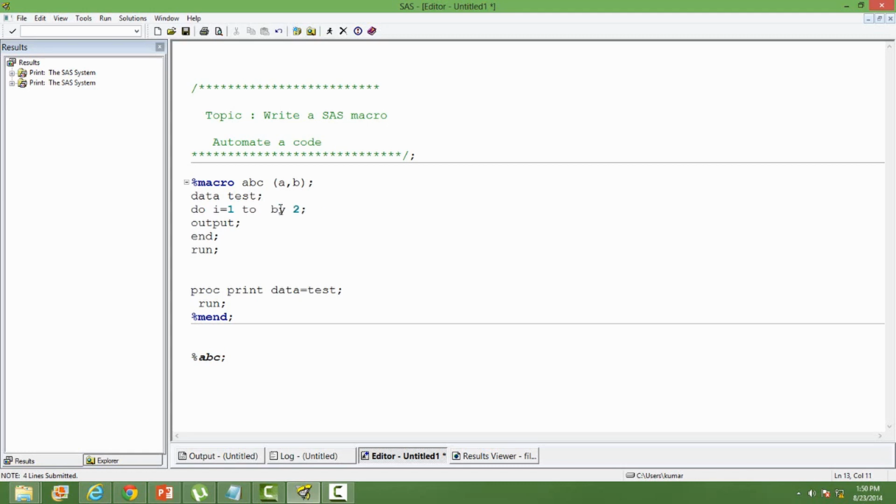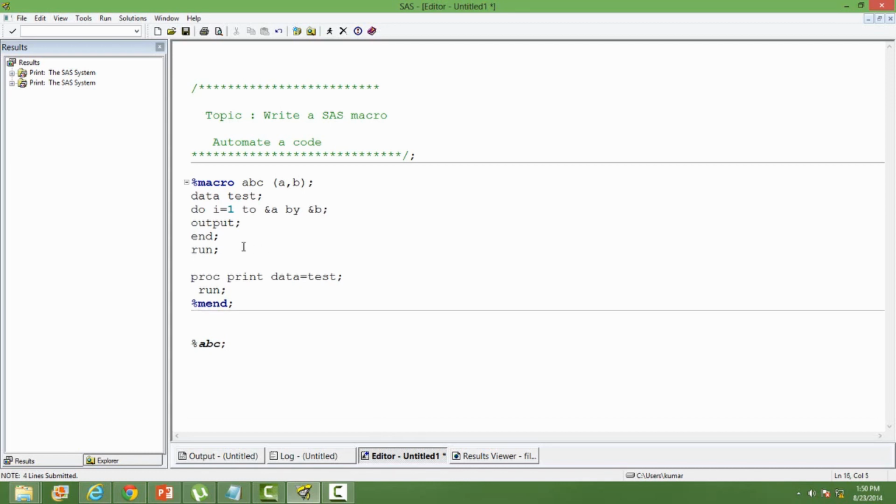When you use it, make sure you use the variable with an ampersand sign, because macro variables are always used with the ampersand sign, just to differentiate normal variables from macro variables. You don't need to use ampersand in the parameters, but inside, when you are using it, you have to mention it.